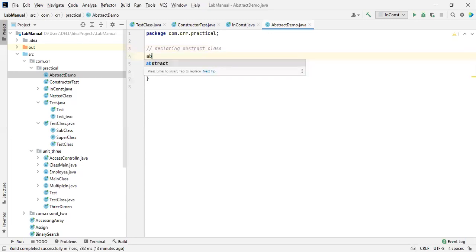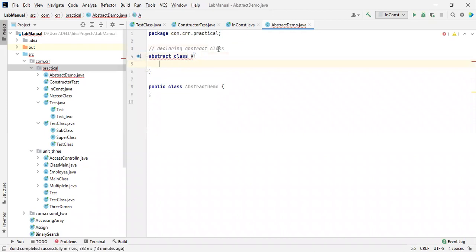By using the keyword abstract, the keyword class, and the name of the class. It is already created as the duplicate class one, so I'll mention it as a small v. If you want to declare it, you should use the keyword abstract. If you remove this, it will be treated as a common class. So it is essential to mention abstract.